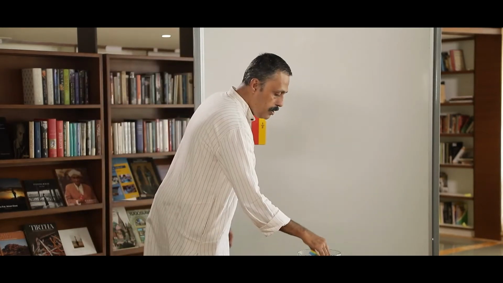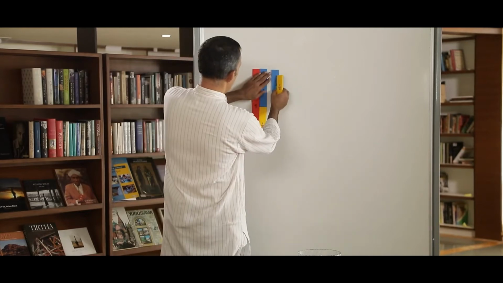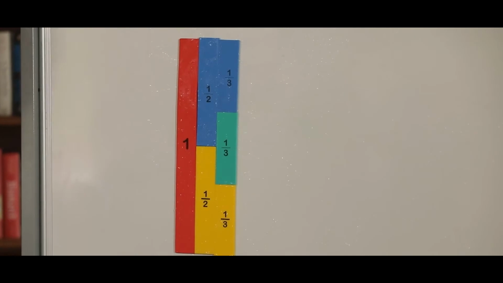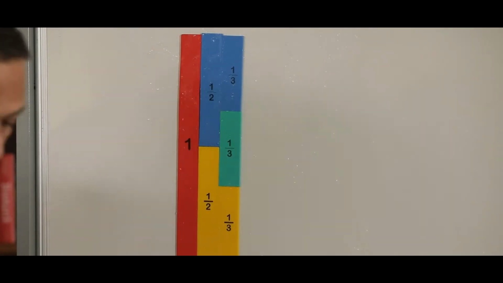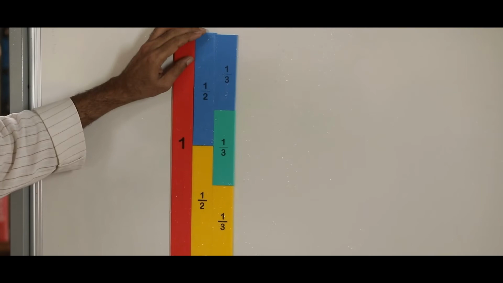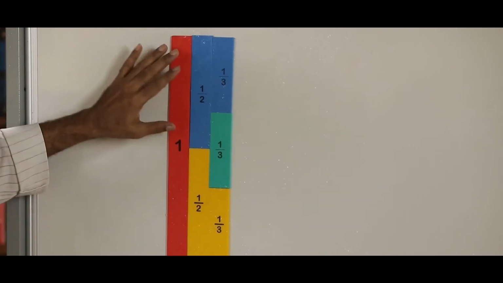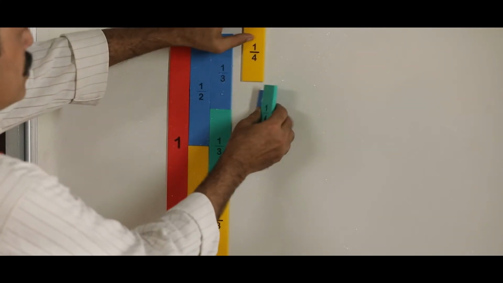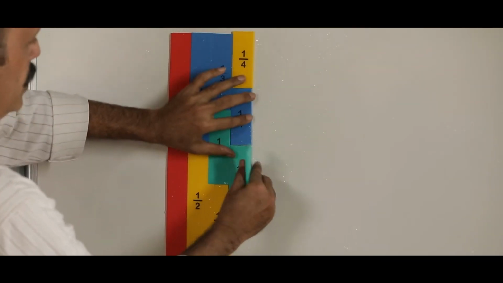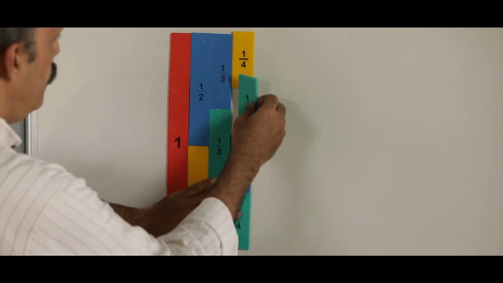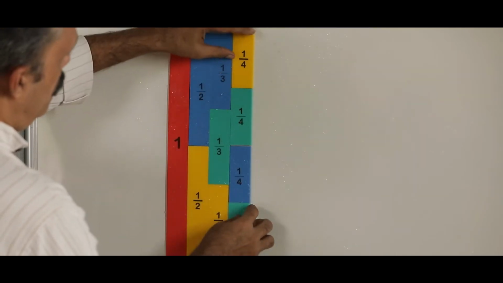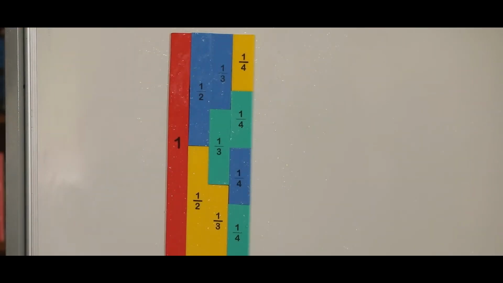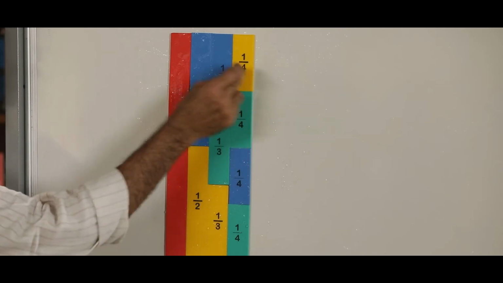Let us take a look at how many equal parts can be made. We can make it into three parts. Got it? These three equal parts have to be equal to this full portion. Only then we call it equally divided. In the same way now, how many equal divisions have we made? 1, 2, 3, 4.